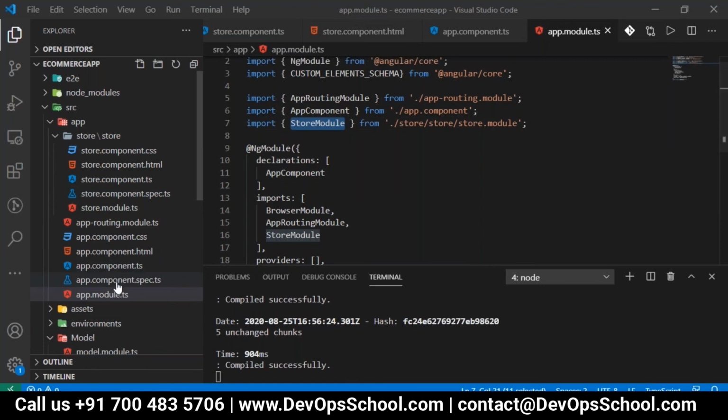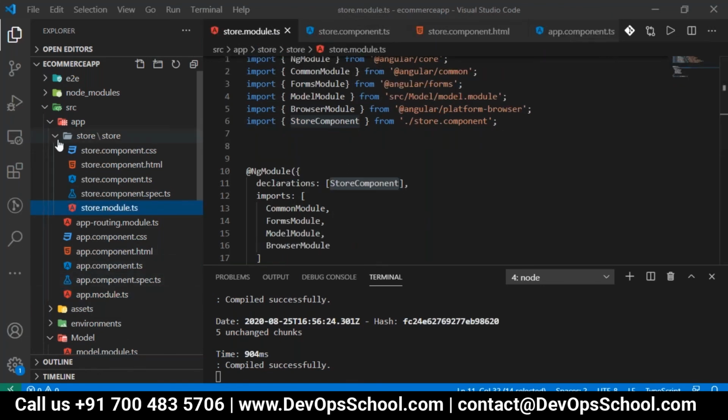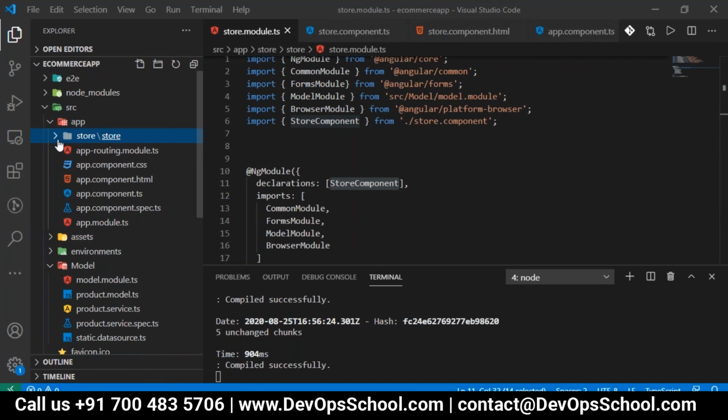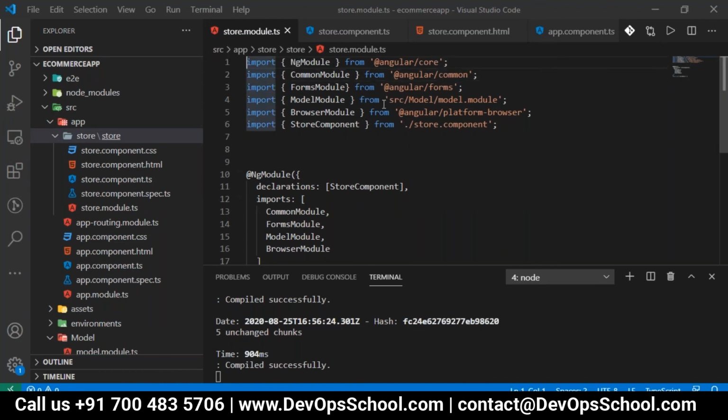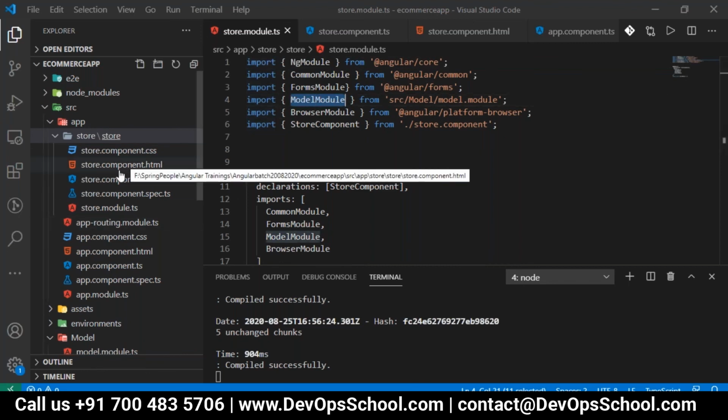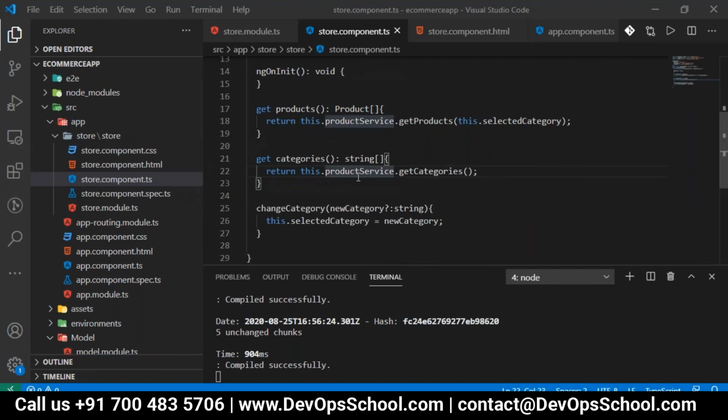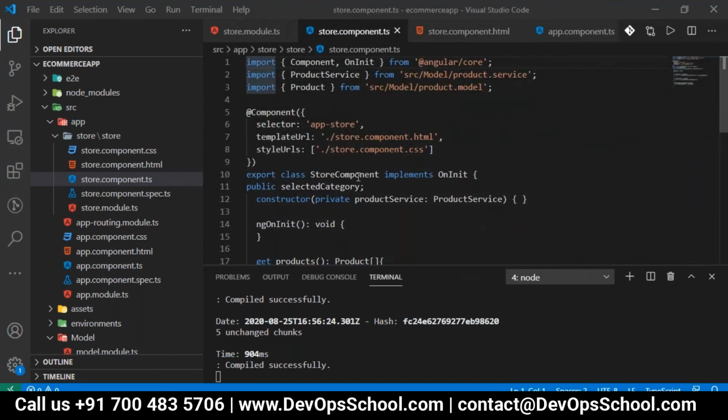Yes. We imported model module because the data is accessed here, store categories.